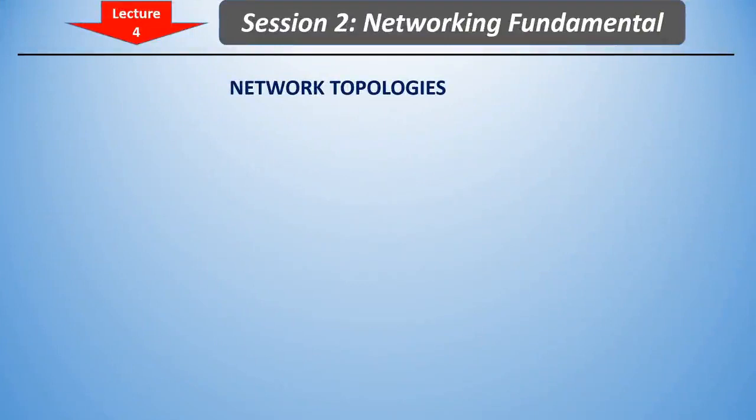Topology defines the geographic, physical or logical arrangement of computer networking devices. The term topology refers to the way in which the various nodes or computers of a network are linked together. It describes the actual layout of the computer network hardware. The different topologies are as follows.